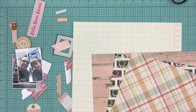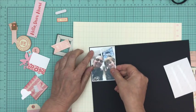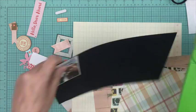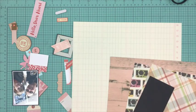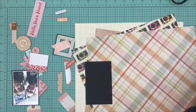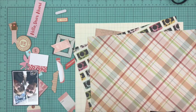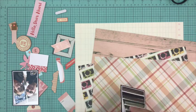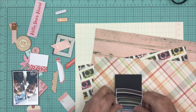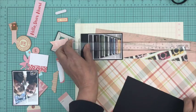Well, I always like to do 2 pages for that at the beginning of the year. One goal page is what I did last time, for all my bookish goals. And then this time around, I'm doing my life goals and my scrappy goals. The reason I like to do both of those on the same page is my life goals, there's not that many of them, and my scrappy goals, I probably have 9 or 10, but they all fit on a nice little